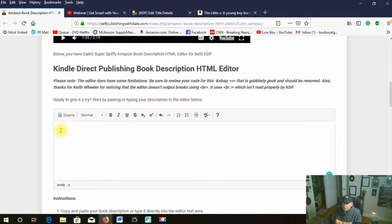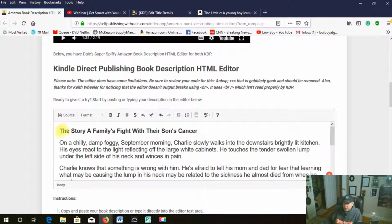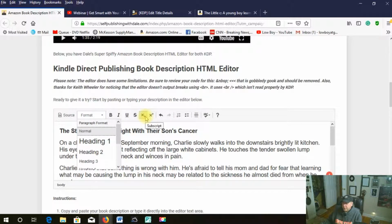So what you would do is go into this editor and paste your description into here, but the way you do it is you have to click it on and hit Control V, and now we have it. So let's take a look at it. This was okay here, but again, I'm going to show you. Format has all the different size fonts. You have heading 1, 2, 3. You can see how it changes when you mess with it. You have your bold, italicized, underline, strike through, subscript and superscript, and a spell checker,